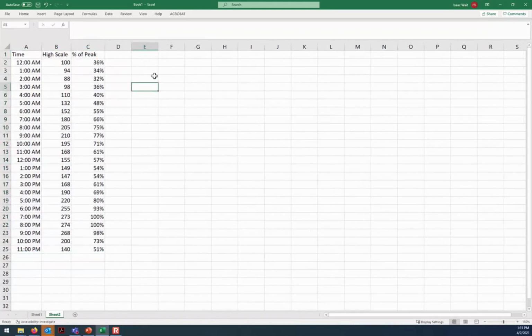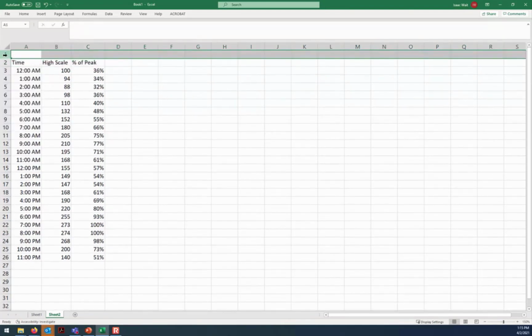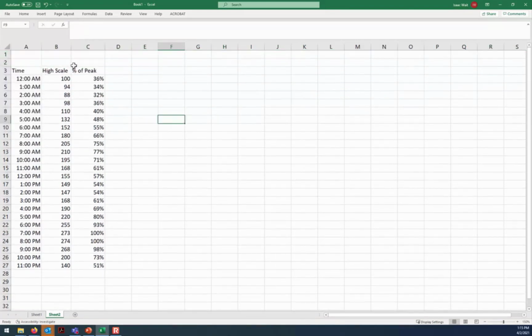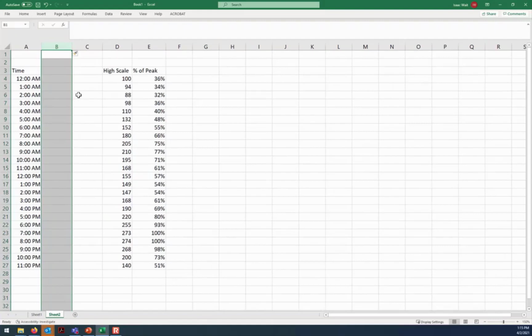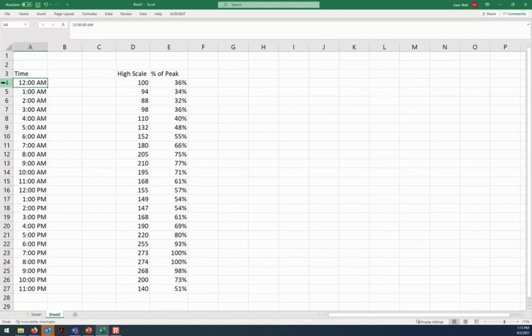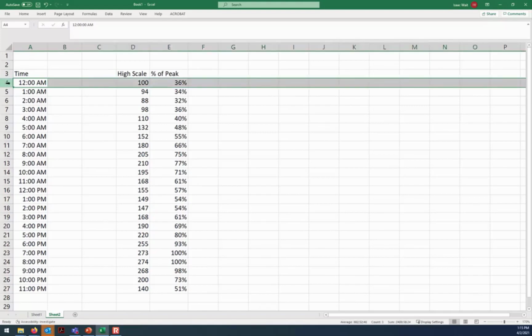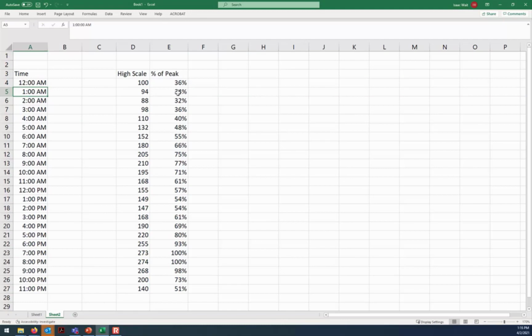I'm going to put in a couple of extra columns though. I need to open up some space because there's some other things I'm going to calculate. So first of all, let me put in a couple of extra rows just so we have some room at the top, and then a couple of more columns so that I've got some room in between. All right. Now, we're starting here at midnight and going through 11 p.m. Each row represents 1 hour. So this row represents from midnight until 1 a.m. or until 12:59:59. And then at 1 a.m., this is our